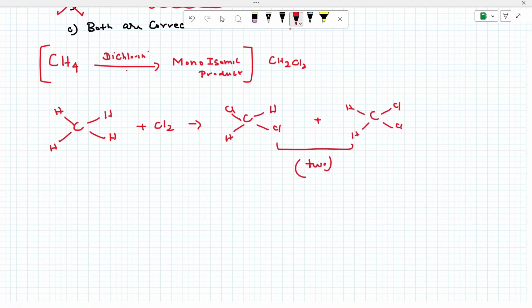But experimentally, how many products did they get? Dichlorination of methane gives only one product. If methane were square planar, what is the answer? Two. But this reaction tells us methane is not square planar. You got the point? 100% methane is tetrahedral. So this experiment and this reaction tell that the methane molecule is not square planar, it